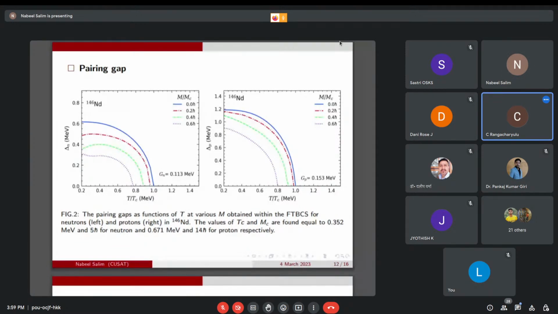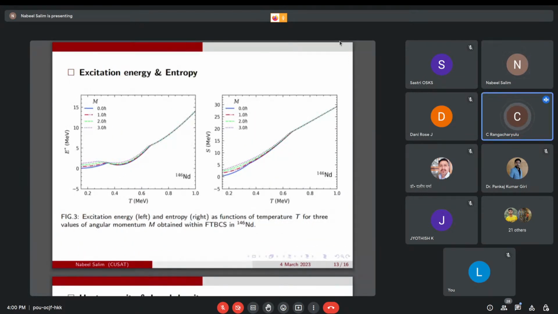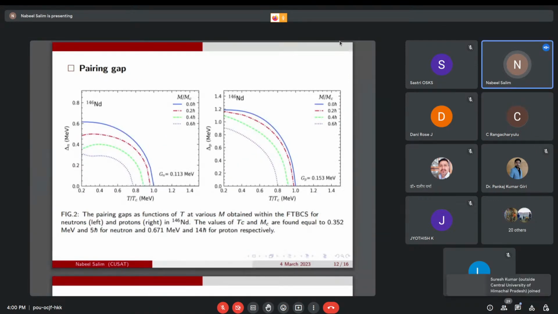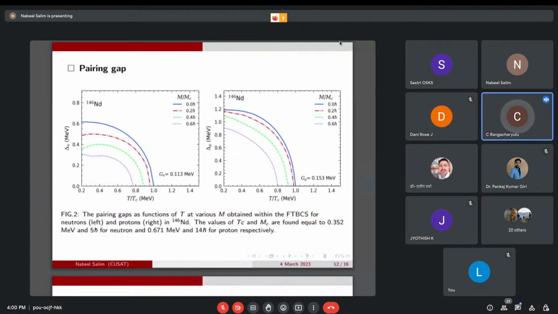The slide is the old slide. You haven't moved to the new slide. These are the results, sir. I don't see that here, I see the same old theoretical framework. No, the slide is changing. Maybe a problem on my end. It is a problem at your end, sir. Can you see the slide, pairing gap? Yes, continue, we are able to see. I think, sir, you have to refresh your screen.